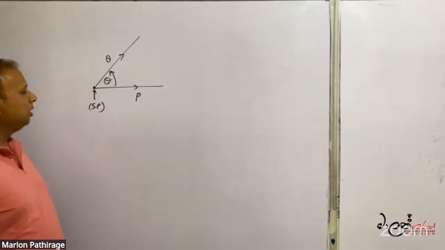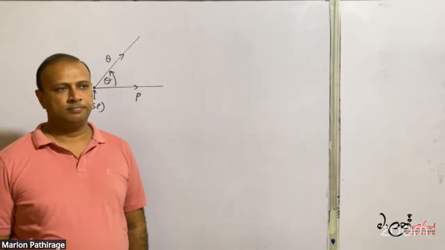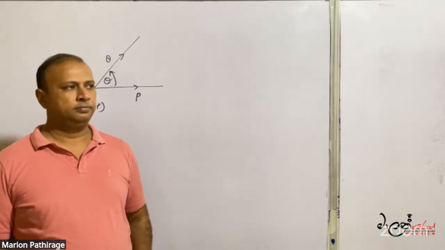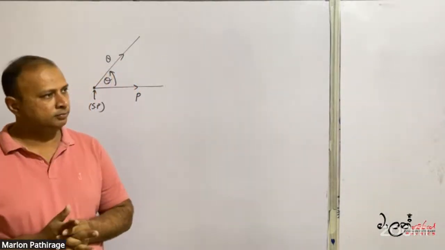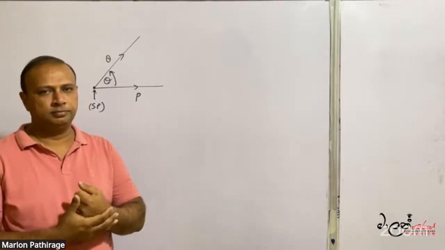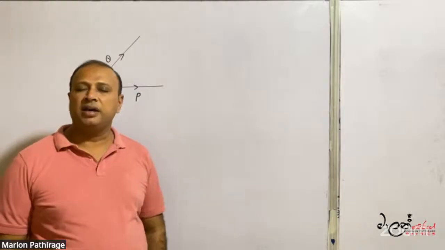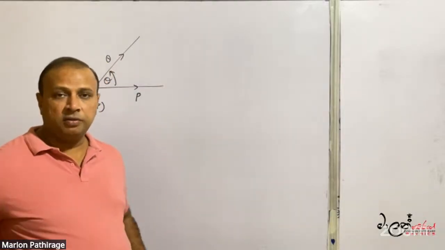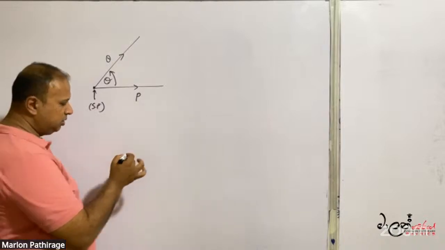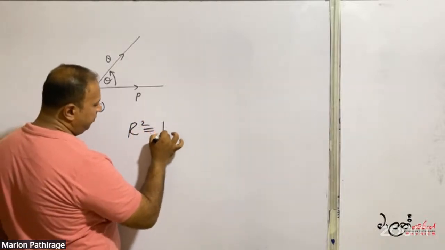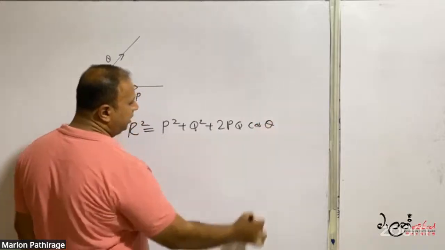Okay. Then write on this. If we need to use the R squared is equal to P squared plus Q squared plus 2PQ cos theta equation,